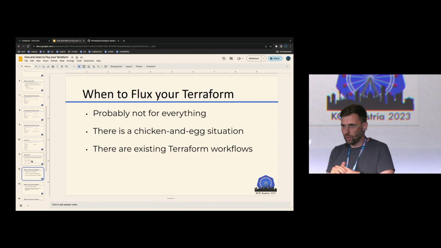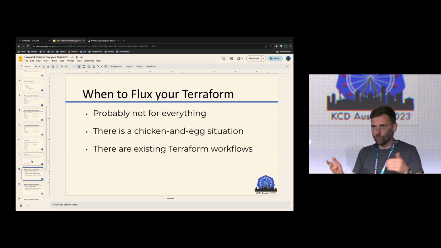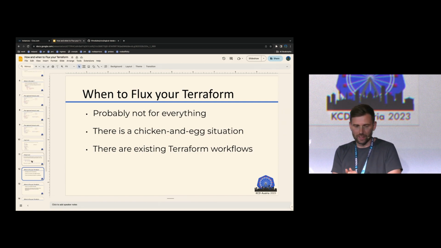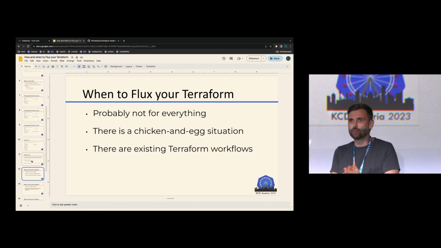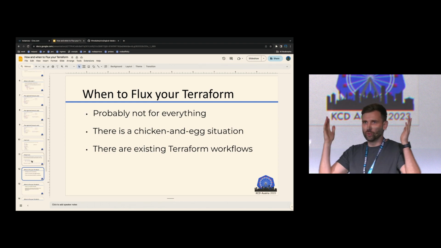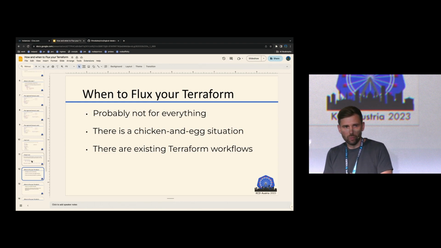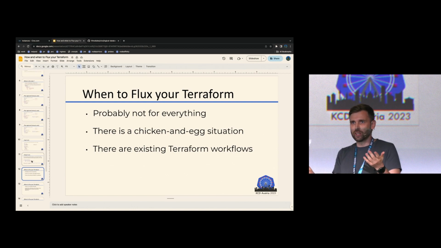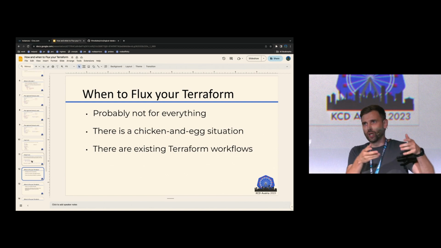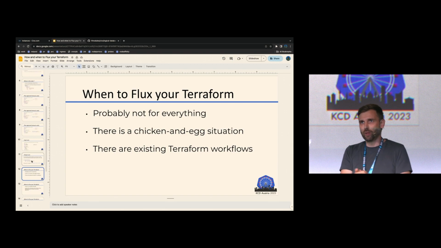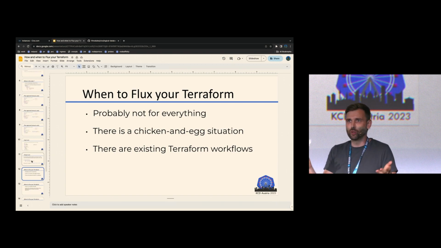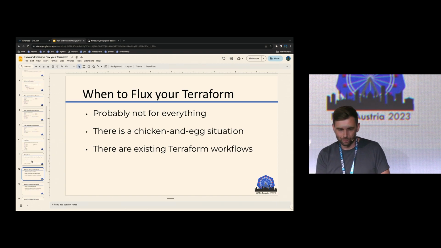So a question probably in all of your heads is, when does it make sense? You have already been using Terraform for 10 years, and you probably have a workflow and an integration, and you're probably responsible for cloud infrastructure as a whole. You provision resources all the time. Plus, on top, there is a chicken and egg situation here. You need a Kubernetes cluster to run Flux and this controller to provision further infrastructure. So who creates this cluster? Maybe you have a control plane cluster, maybe you don't, but it's definitely a question to answer.